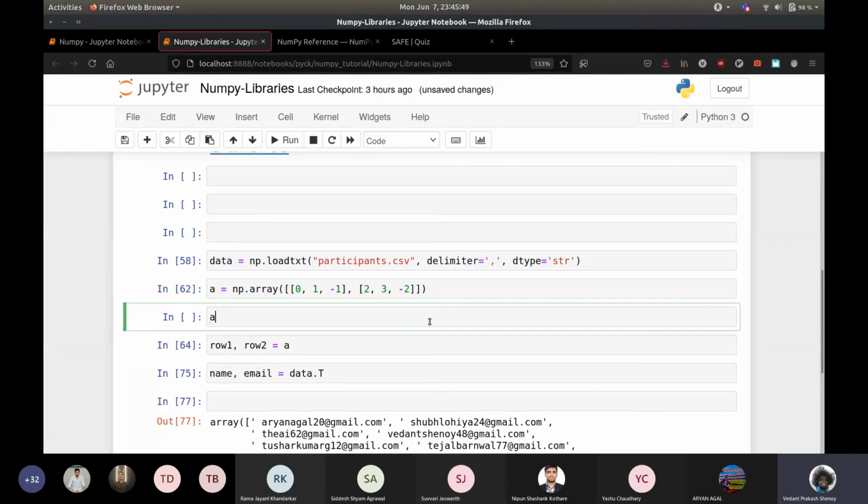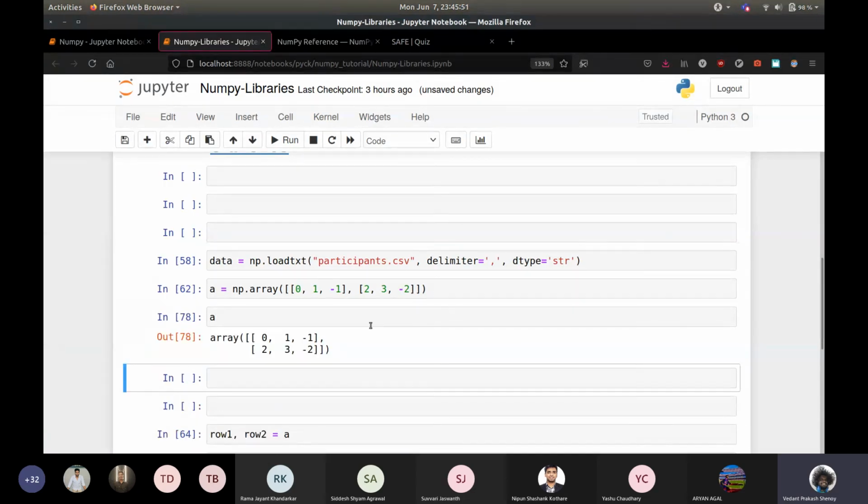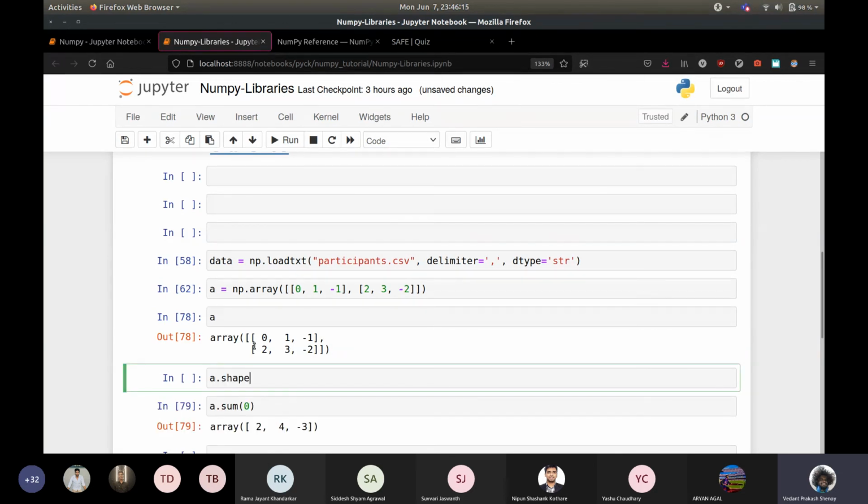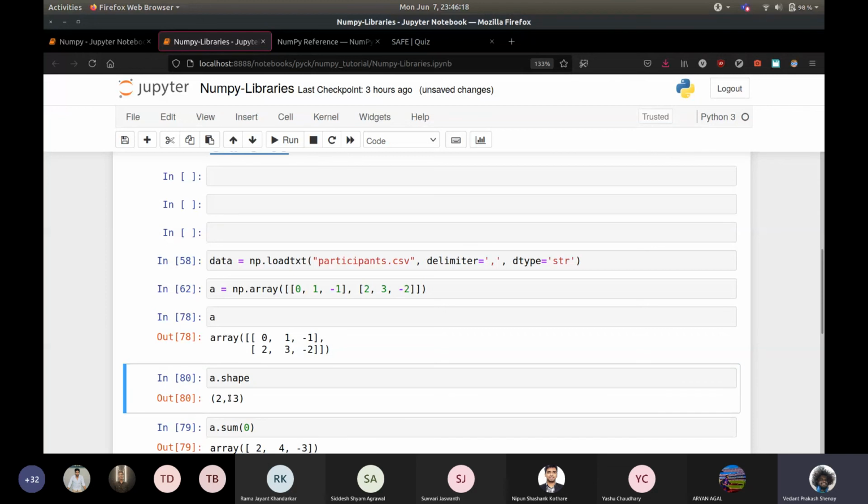Okay, so you have to sort of understand what you mean by row wise and column wise. What I mean by row wise is it takes each row and then sums it downwards. So if you take 0, 2, 1, 3, minus 1, minus 2, if that is what you mean, then yes, that is what it does. But if you mean row wise to mean for each row, I will sum all the elements in that row, then no, it's the other way around. So that's why I said instead of thinking of it as row wise and column wise, just think of it as one of these shapes disappearing. That will make it a little easier to think about it.